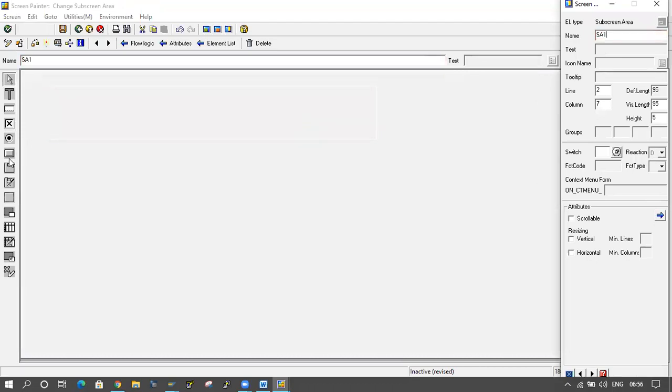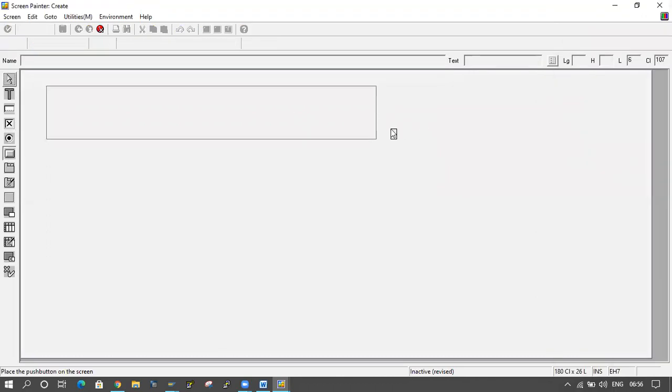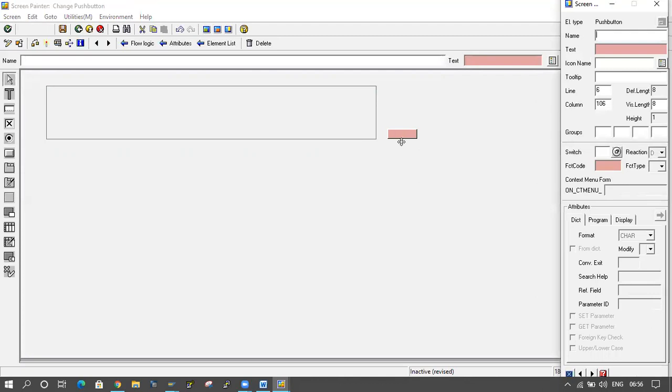And now I'm giving a push button as Get Data, and the function code also GET_DATA.